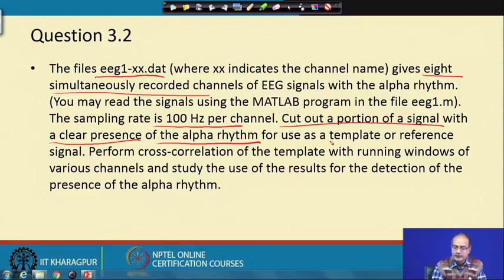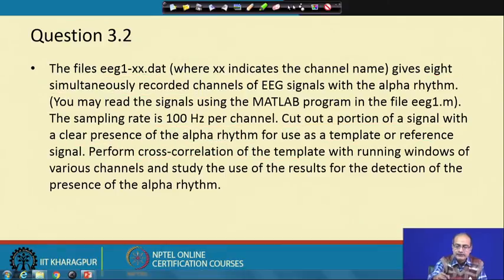With that as a reference or template, we would like to find out whether alpha rhythm is present in all these signals, and for that we will use the cross correlation with the template. Okay. So, this is the task, and so let us proceed. So, first thing is to